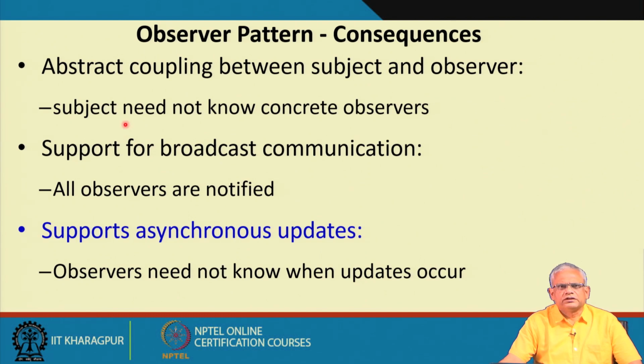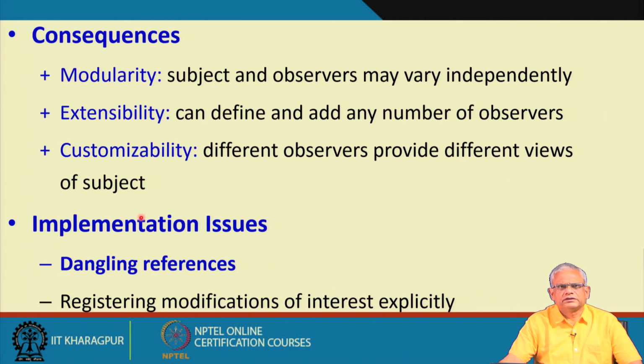The subject does not know the observers, they just register as the need arises and then they detach. Broadcast communication is possible because it has all the IDs of the observers and can call them as required. As the model changes asynchronously, the update can be called and it meets the requirement of keeping the model and the observer synchronized when there is a change to the model.